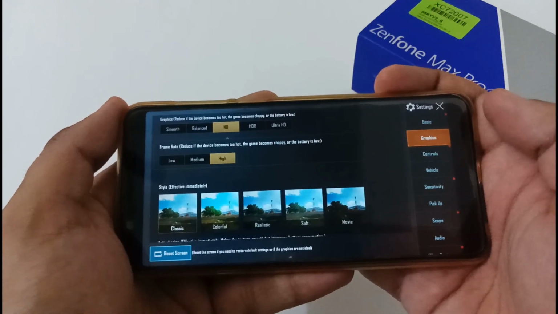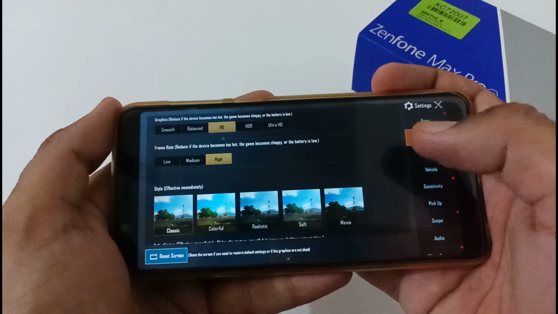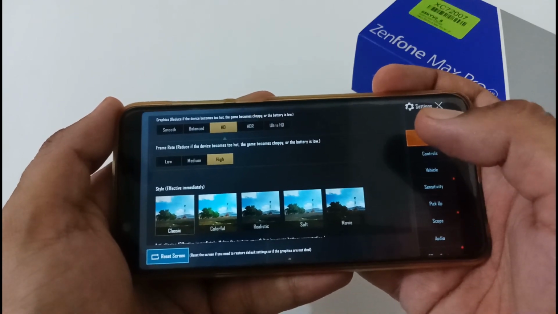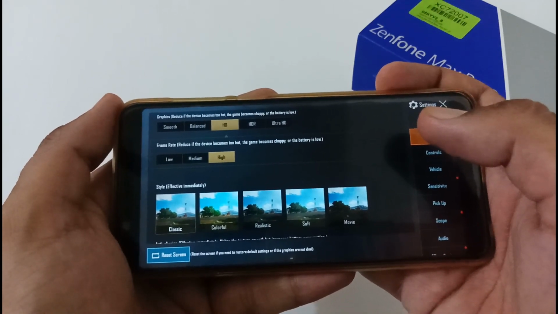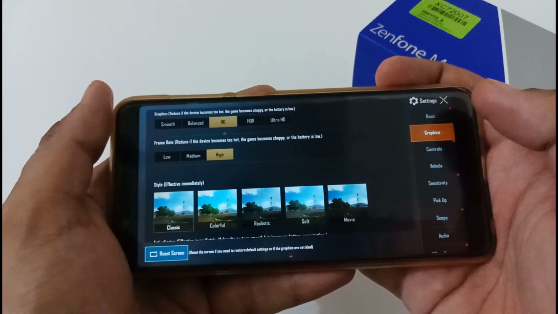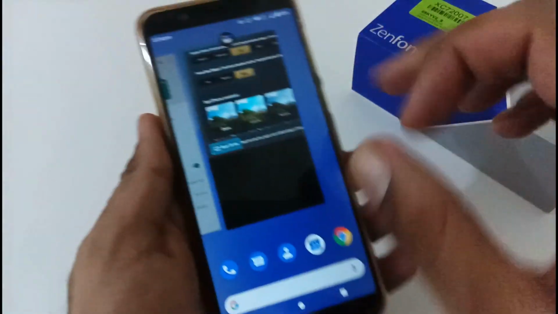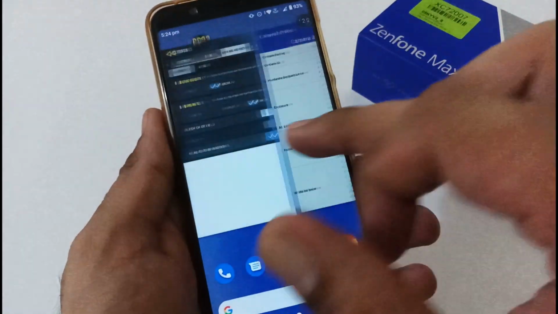Apart from this, temperature readings were also the same. Before starting the gameplay, the temperature of my phone was 34 degrees. As soon as I completed the game, the temperature of my phone was 38 degrees. Now let's move to Call of Duty and discuss the battery metrics from that perspective.